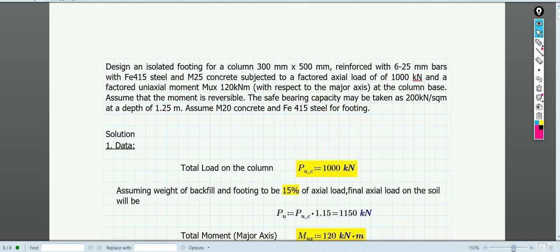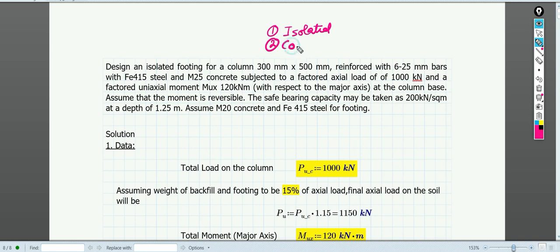Hello everyone. So today we are going to discuss isolated footing. I think you all know what a footing is. Footing is a structural element which transfers the load of the structure to the soil. There are different types of footings such as isolated footing,